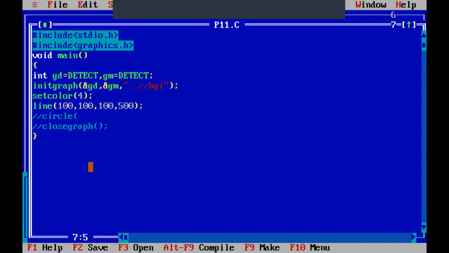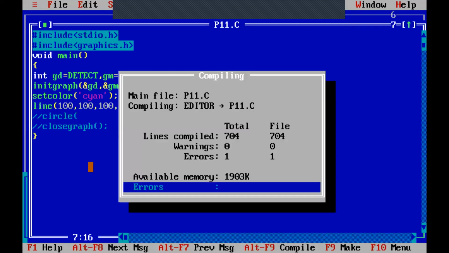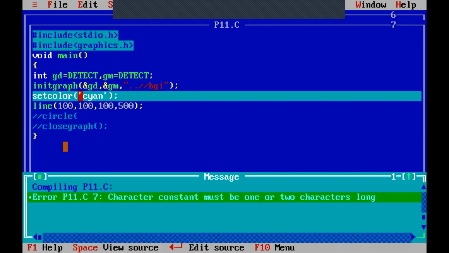But if I do not know the code, I know that 4 is the color for red. So I can directly write the color name, for example, cyan. I can directly write down the name of the color in single quotes or double quotes, and I need to write it in capital letters.